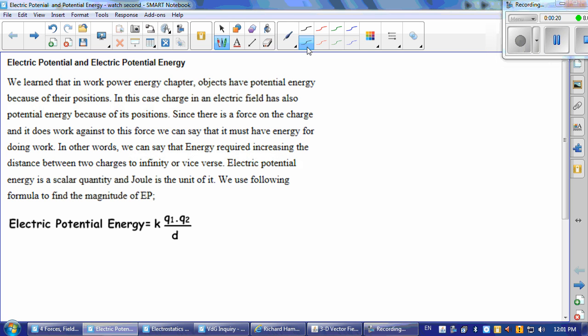This is electric potential and electric potential energy. We're actually going to start with electric potential energy. So you remember work and power and energy. Work was force times distance, power was energy over time, and energy was all kinds of different things. Objects have potential energy because their positions change though. So you remember, if I gave you an object that was here,